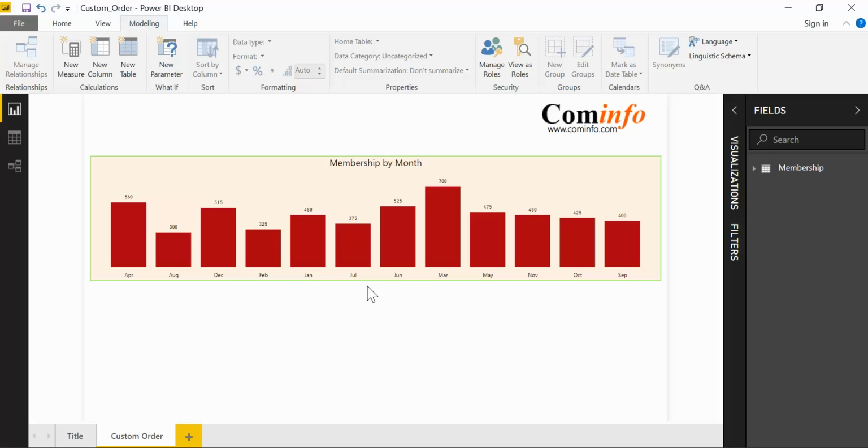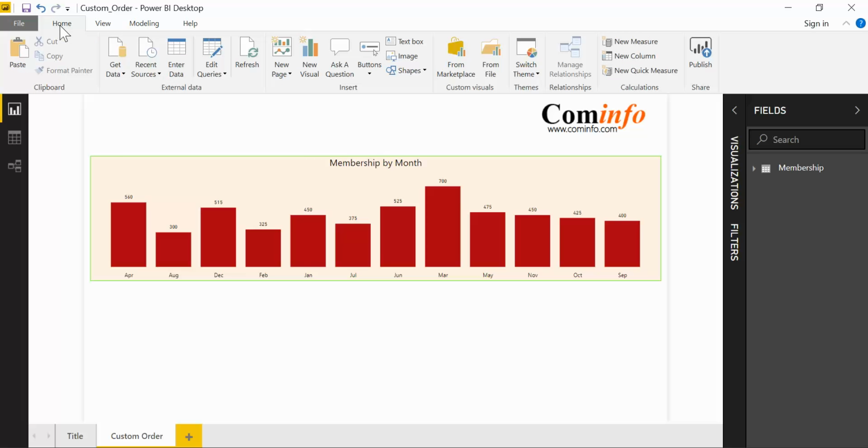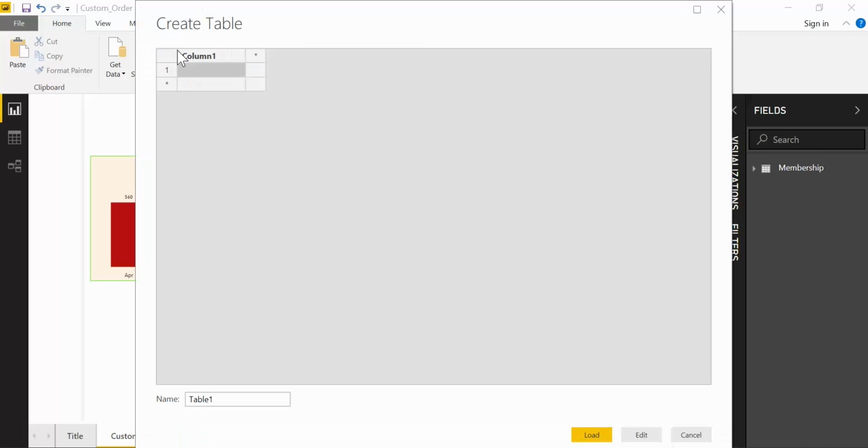So what we need to do for that is this. We need to go ahead and create a new table, a static table within Power BI, by clicking on Enter Data. And then let's name it. As you know, I always like to prefix my objects if I'm creating them within Power BI with PBI as a prefix. And I'm going to name it order by month table. Sorry, month table. Here I need to create two columns. One is going to be ID and the second one is going to be